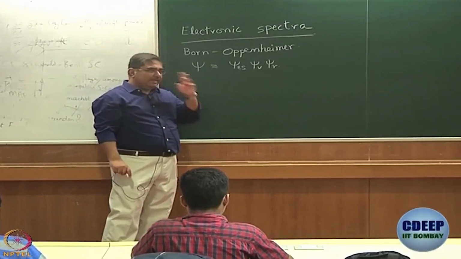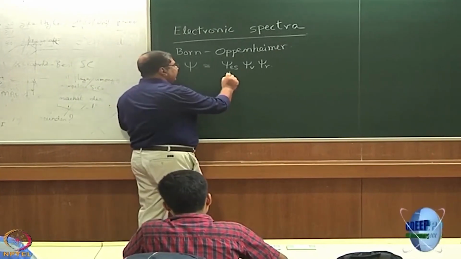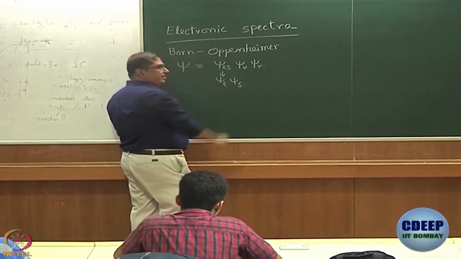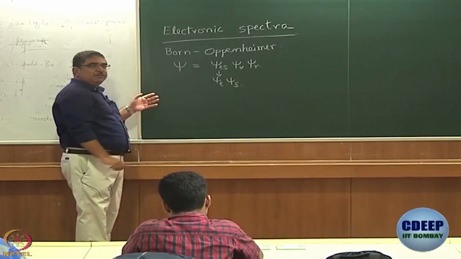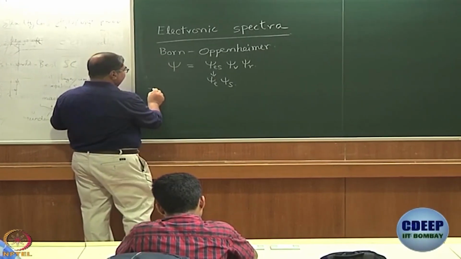So, we are writing the spin orbital wave function together, but of course, we can split it into psi E and psi S. In fact, we did that when we talked about the transition moment integral, and we wrote the transition moment integral finally